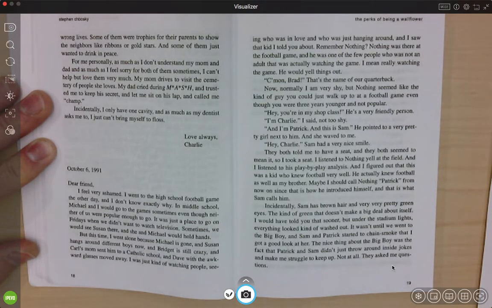Hey, Charlie. Sam had a nice smile. They both told me to have a seat, and they both seemed to mean it. So I took a seat. I listened to Nothing yell at the field, and I listened to his play-by-play analysis, and I figured out that this was a kid who knew football very well. He actually knew football as well as my brother. Maybe I should call Nothing Patrick from now on, since that's how he introduced himself, and that is what Sam